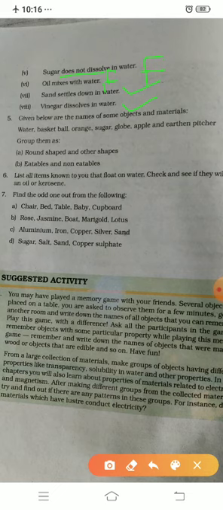Yes, the first one is water. Water का कोई shape होता है? No, it will take the shape of whichever container we empty the water into. जिस किसी पे भी आप ये पानी भर दोगे वो उसी vessel का shape ले लेगा. So water is of other shape. Basketball is round shape. Orange again round shape. Sugar other shape. Globe is also of round shape. Apple round shape. Earthen pitcher, that is हमारा मिट्टी का पानी का मटका.